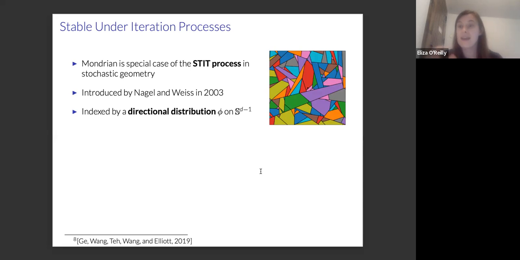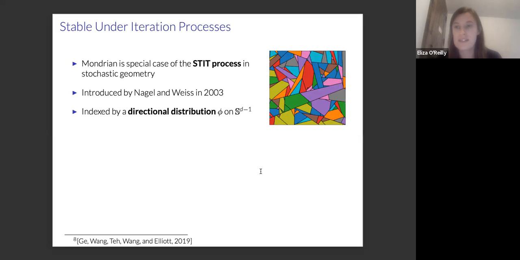That condition on these probability measures just ensures that all the cells are going to be bounded. But other than that, for any distribution on the unit sphere satisfying that condition, you have a corresponding STIT process,